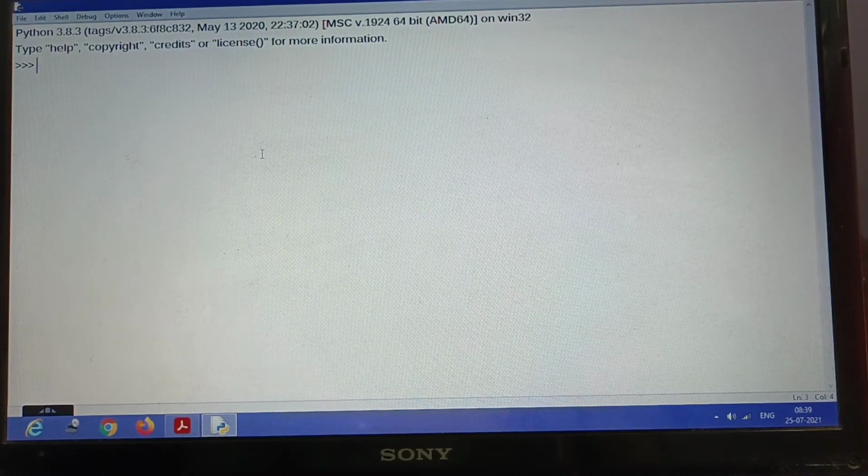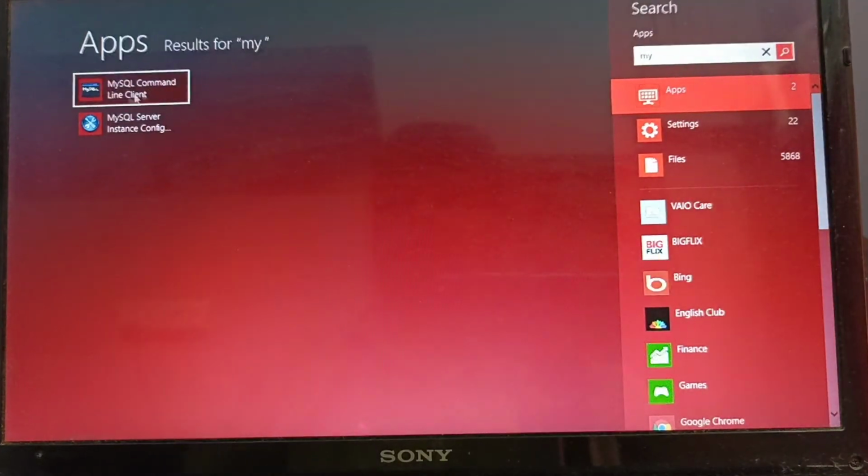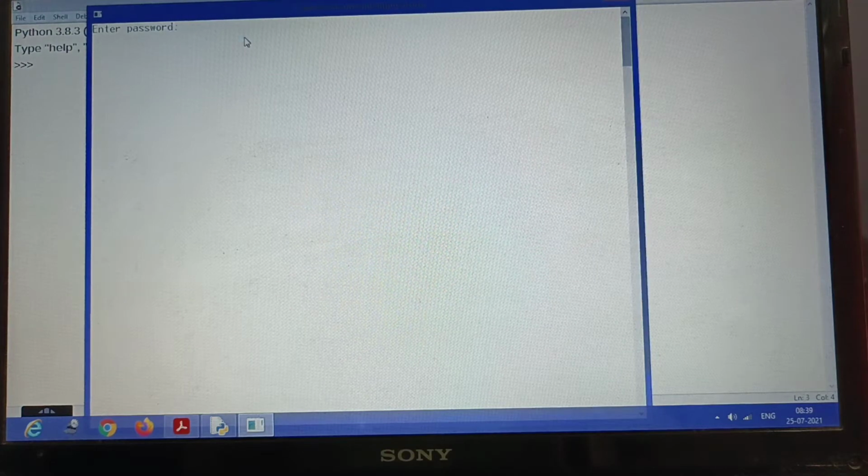Good morning, all students. Today we are going to discuss implementation of MySQL using Python. So we have already seen the core MySQL commands, and you can see that the Python shell is displayed in front of you. And the various MySQL commands we have seen. So we will just check once.